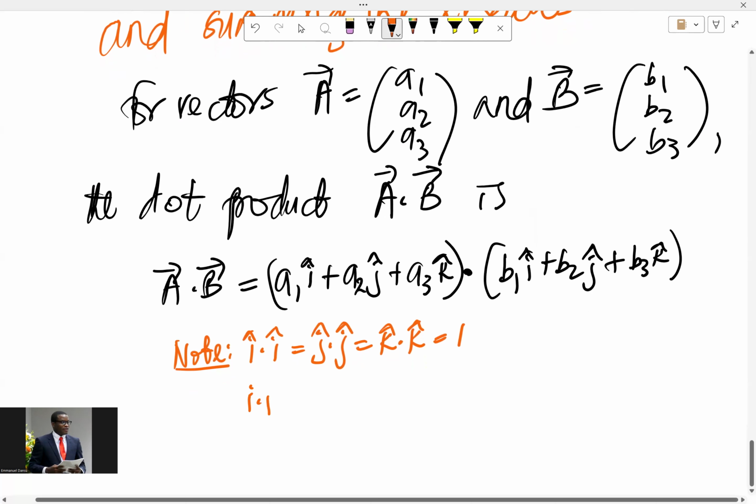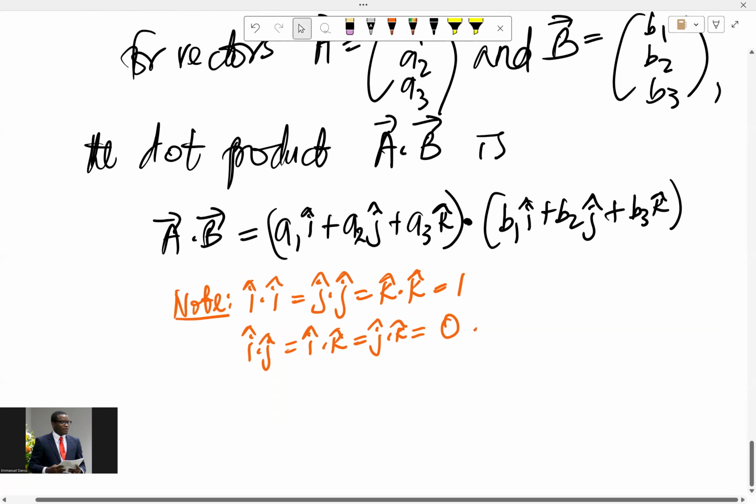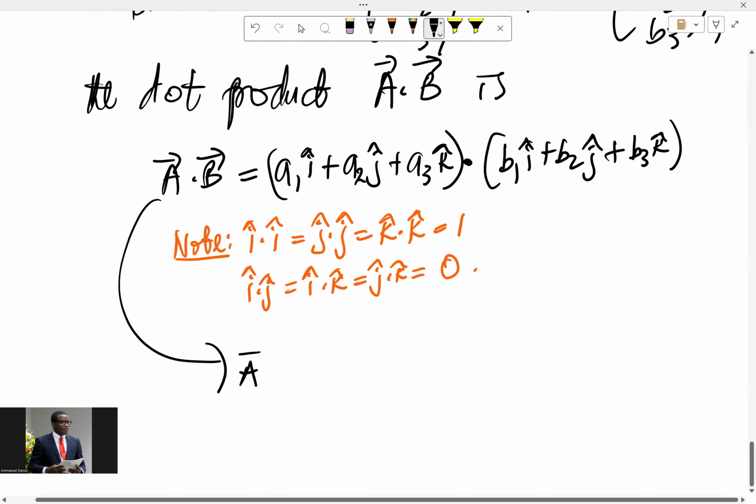Whereas i dot j is equal to i dot k is equal to j dot k. I mean, if you reverse all the directions, ji, ki, and all the rest, everything will be 0. Okay. So in that case, since only ii, jj, and kk will work, it simply means that for this, now, our A dot B will simply be